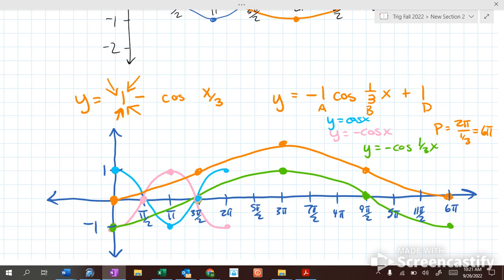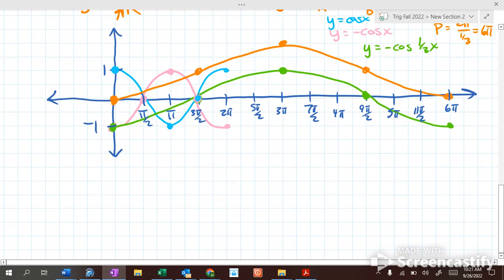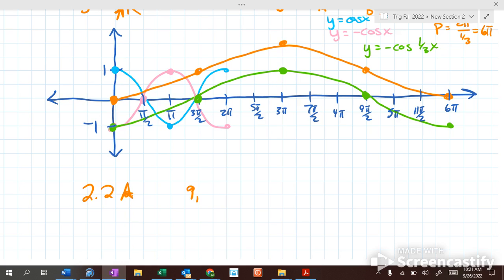All right. We good? For a little bit, at least. All right. So section 2.2a, we are doing 9, 11, 13, and 15 on page 127. We will work on this for about 20 minutes, and then we'll go to 2.2